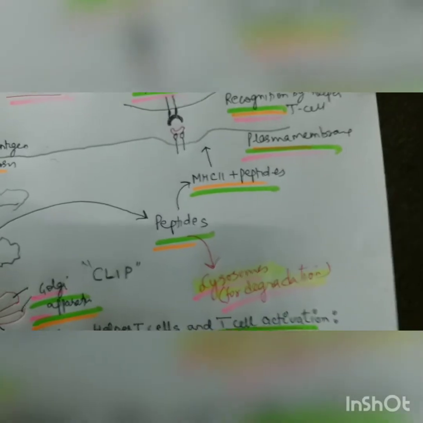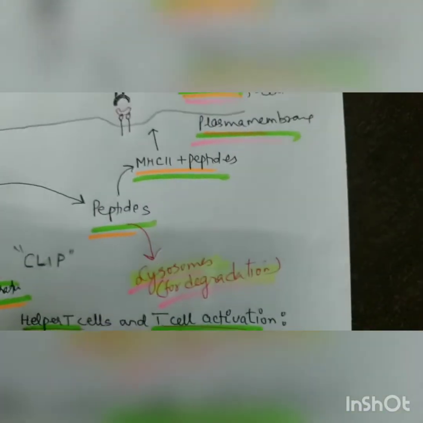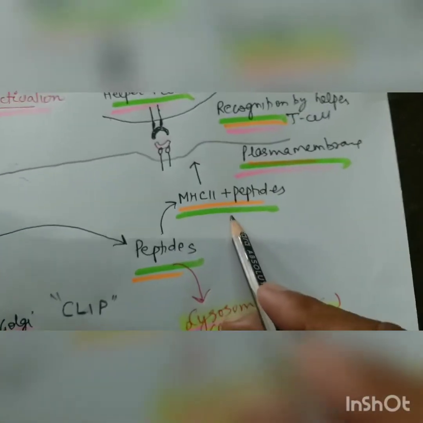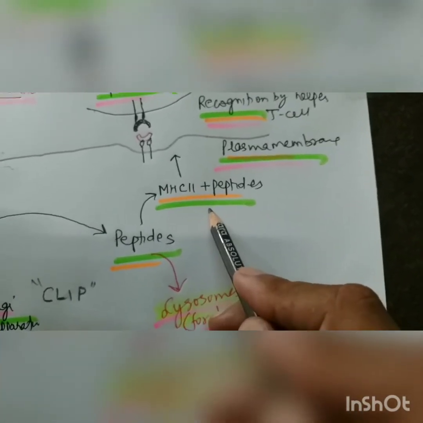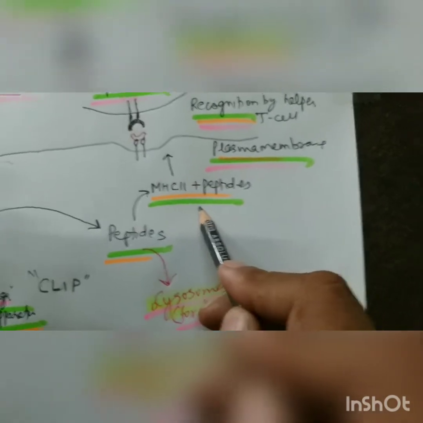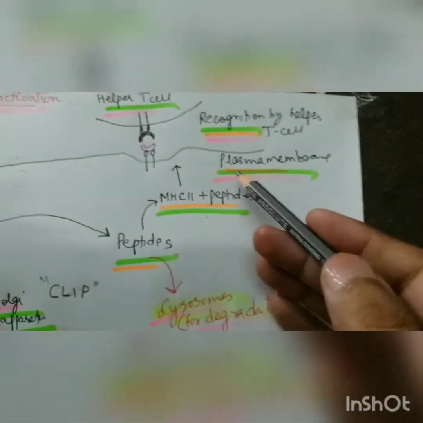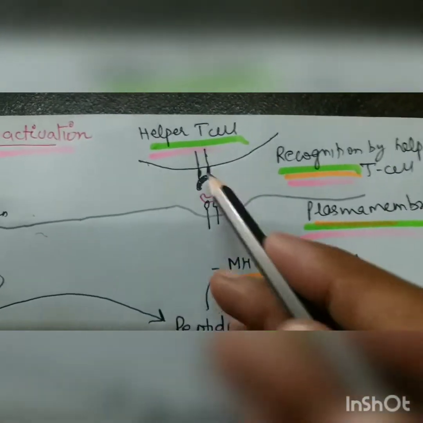These peptide fragments are derived from, as we already told you, endocytosed proteins, right? So as CLIP is released, these peptides combine with the MHC2, and then this moves towards the plasma membrane and comes out,